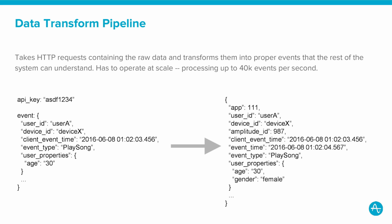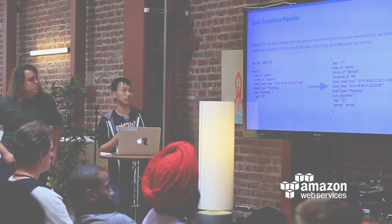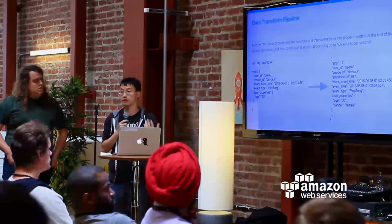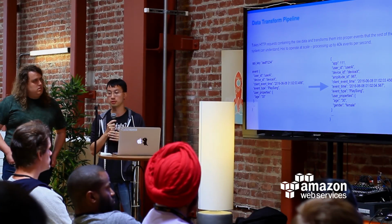The HTTP request might contain the API key of the application to tell us which one it is, and then some information like the user, the device, the timestamp, like what type of event is being performed. In this case, play song for, say, a music application, and then some user properties potentially associated with the person. And the transformation process doesn't look too different at the end, but it adds a few pieces of important